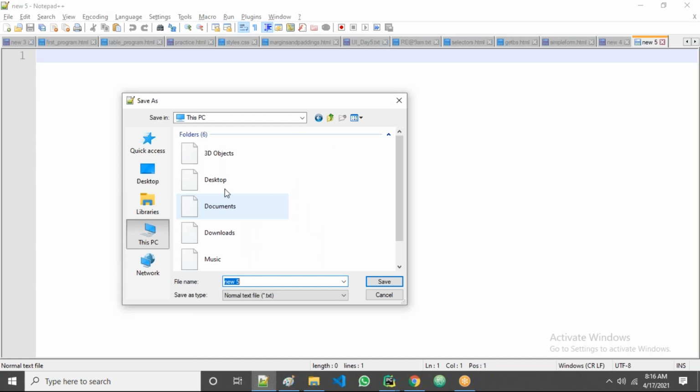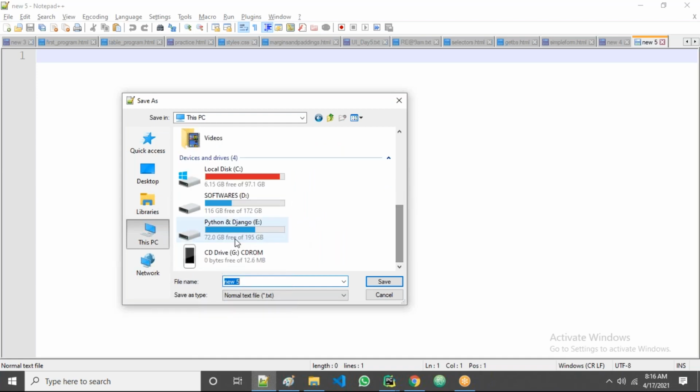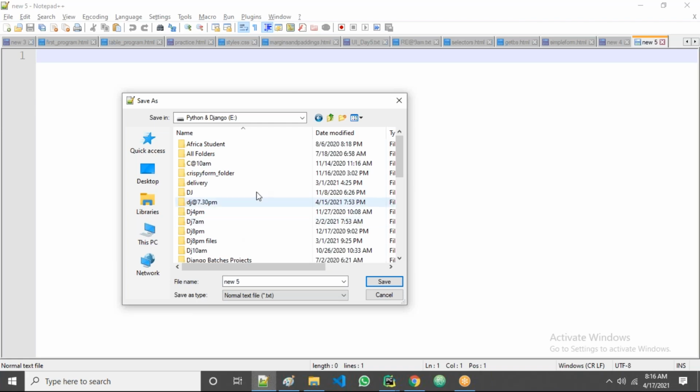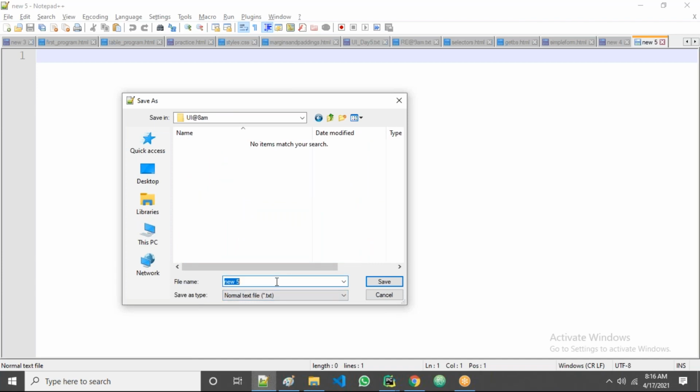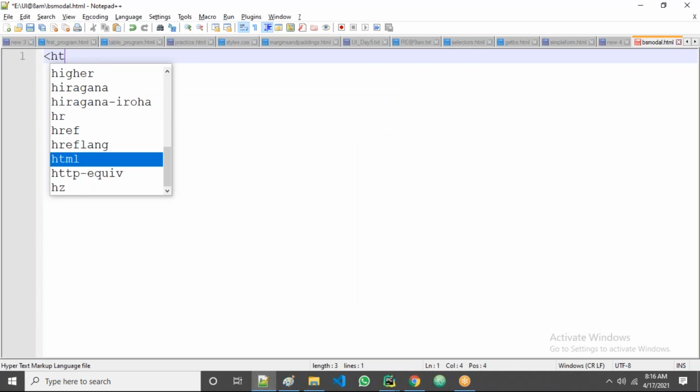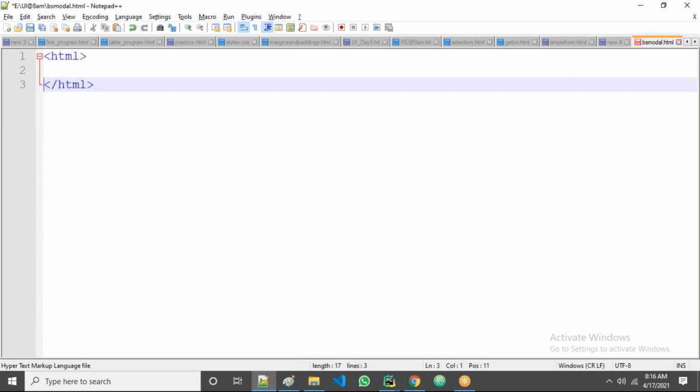So go to this PC. Which drive? I think this one, E drive. In the E drive, you go to the last one. Now I'll take here bsmodel.html. First of all, I'll take this HTML.